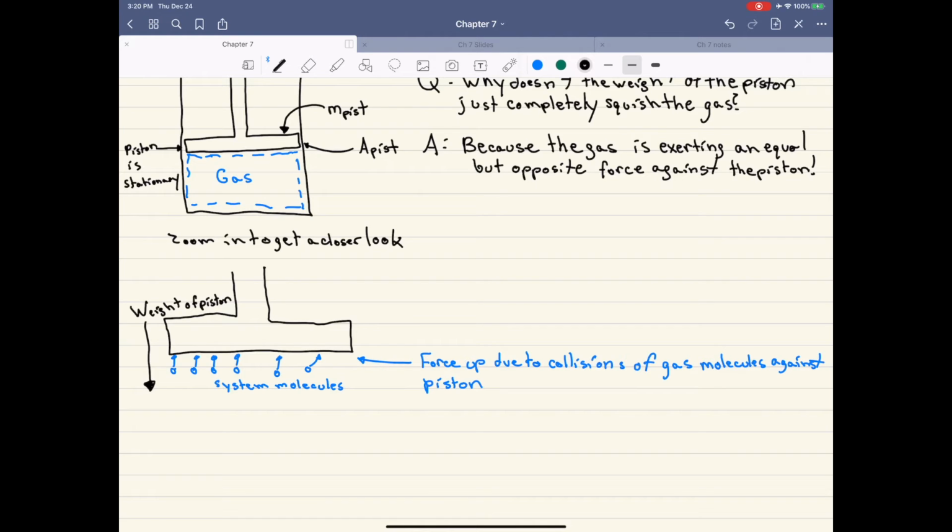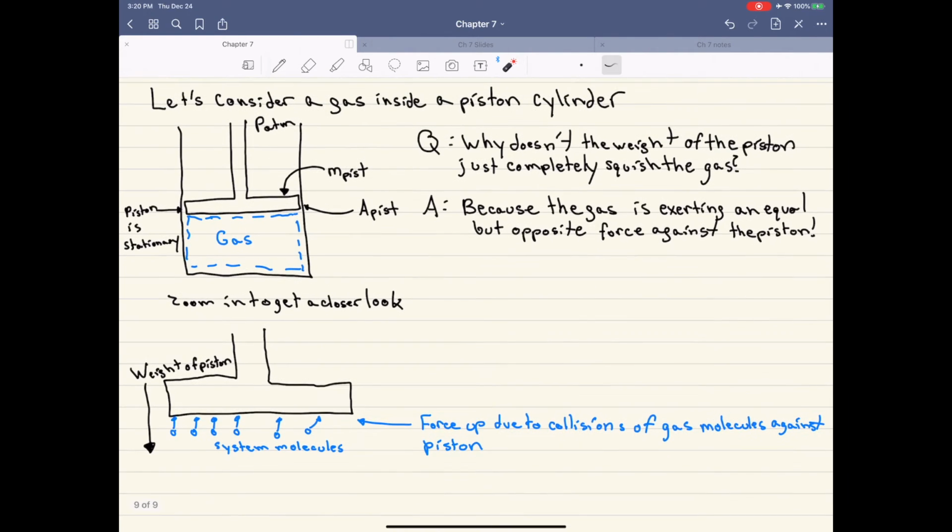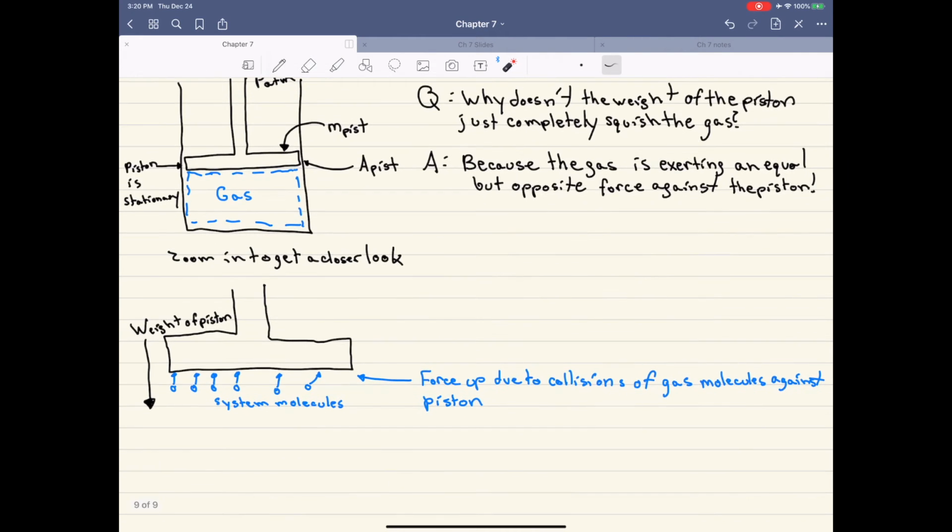So that's acting in the downward direction. All right, but that's not the only thing that is causing the piston to go down. The other force that's causing the piston to go down is actually due to the atmosphere. Right? And so here, I said that above the piston, it was at atmospheric pressure. And so what that implies is that above the piston, it's not a vacuum. There's nothing there. What's imparting that atmospheric pressure is actually also